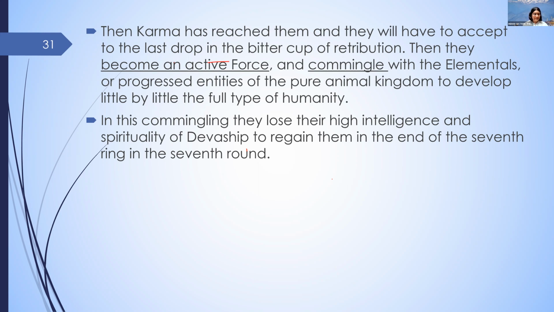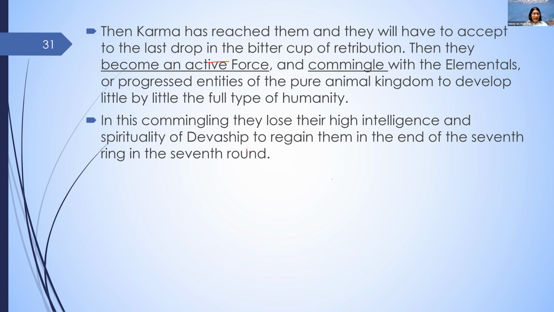The failed devas, which were in latent state, become active because of the law of karma. So you see, the law of karma is a universal law. It is applicable even to those high beings, the Dhyan Chohans, and they have to face the cup of retribution. These failed devas, which were latent spiritual forces, have now become active, and their evolution will commence as per their karma. So they will definitely lose all that high level of spirituality and the intelligence which is there at